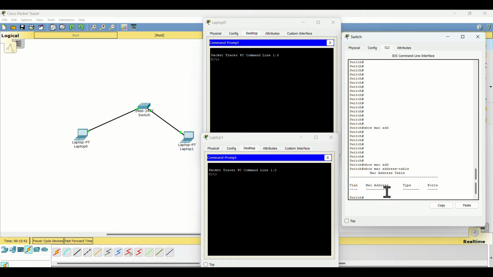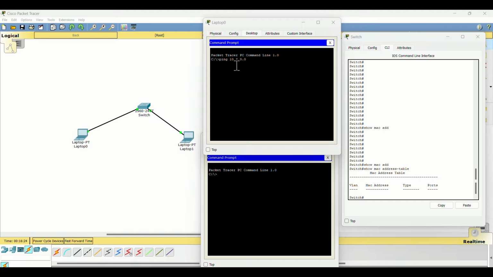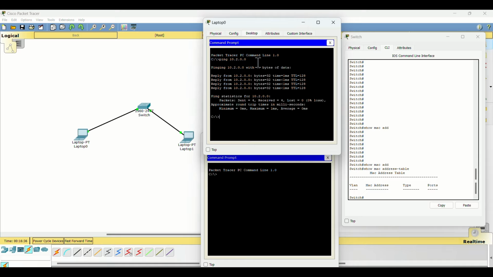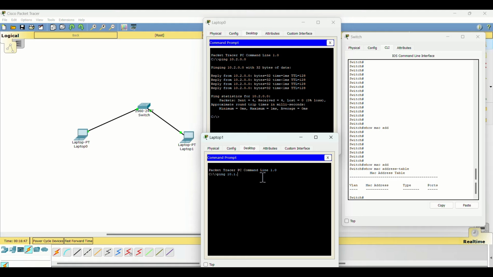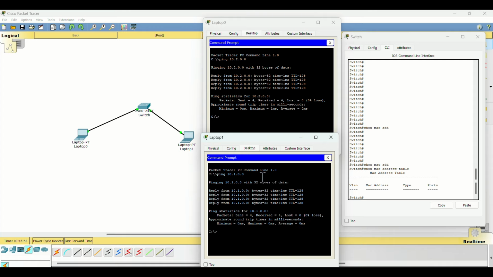So we can see that the MAC address table is empty at the first instance, and let us see what will happen if we ping from this laptop to this laptop. So I'm going to ping from this laptop to that laptop. So ping 10.2.0.0. So I've got a reply back from laptop 1 and we can do the same here as well. Ping 10.1.0.0. So we have got a reply from